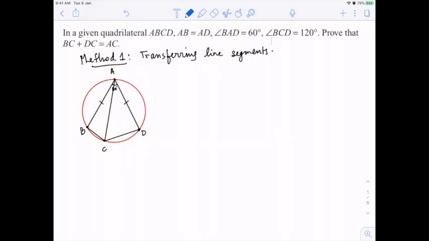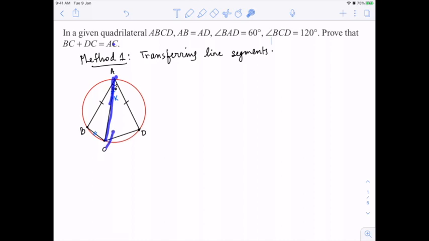Okay, so let's try to scale. Mark a point K on AC so that AK is equal to BC. This is what I mean by transferring the segment BC onto AK. Now the moment you do that, in this equation, instead of BC we can plug in AK, and then DC will become AC minus AK. But AC minus AK has meaning. It is actually nothing but the segment KC.